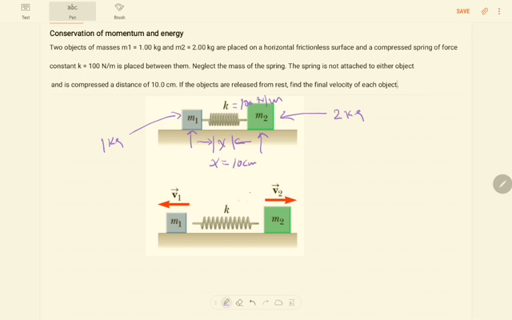direction. So when they move in this direction and one moves to the left, then they will have, of